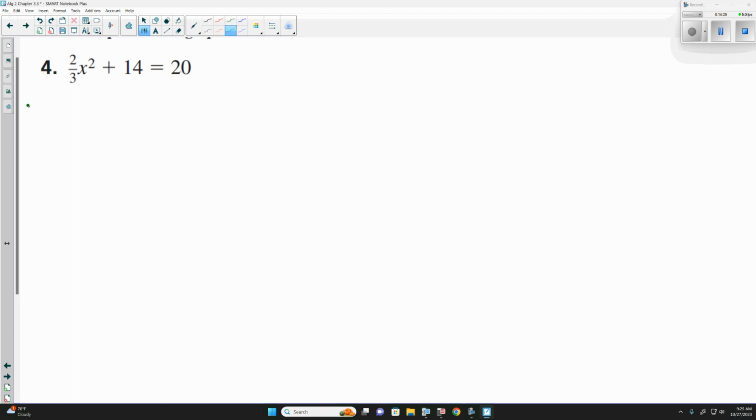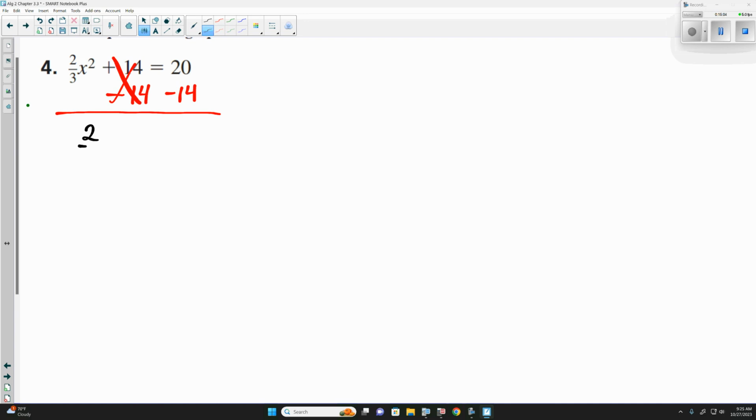Again, we do not have a middle term, so we can solve this by the square root method. And the first step in solving by the square root method is to get the term being squared by itself. So what's the first thing we can do? The plus 14, yes? And to get rid of it, we would minus 14, because positive 14 minus 14 is 0, it simplifies it from the left-hand side,